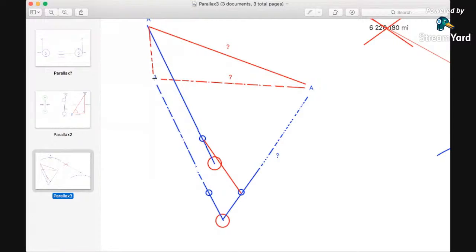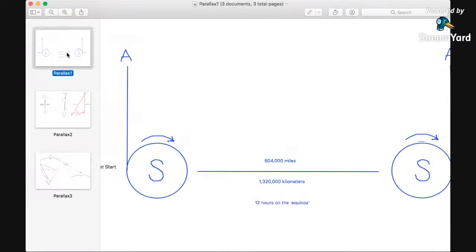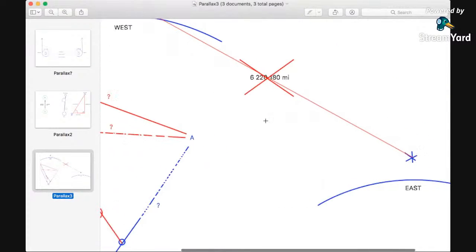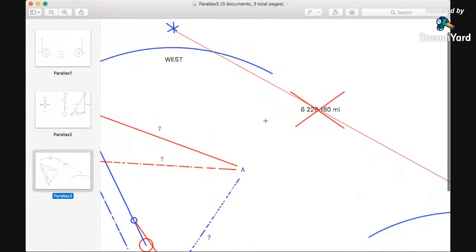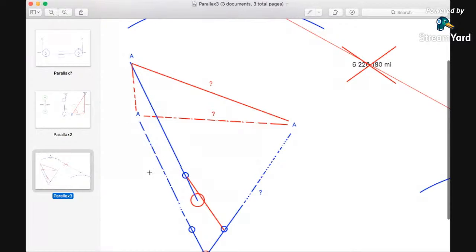You have no way of determining. Why not, Antonio? Well, because you see this little question mark that says you don't know the distance to the star. Therefore, you don't know how far it has traveled. Therefore, you don't know anything from the globe model other than it rose in the east and set in the west, just like on the flat Earth. See? Because the flat Earth doesn't have to calculate any of this silliness.